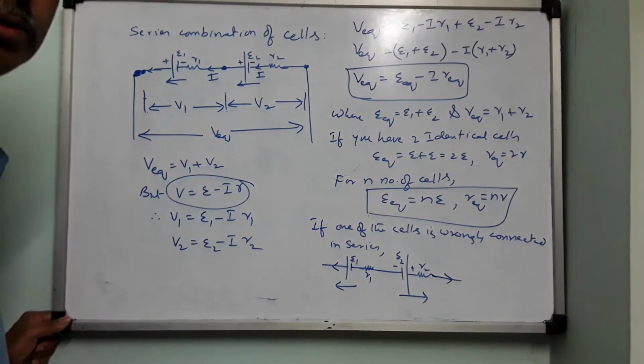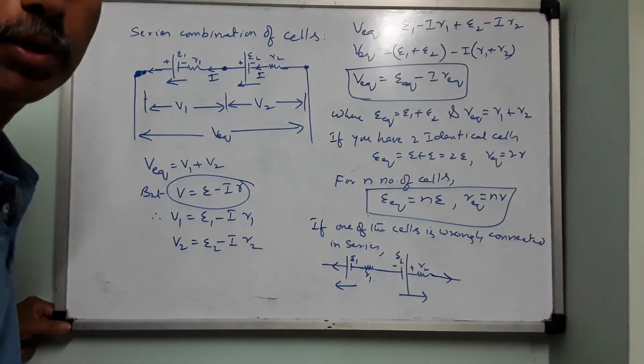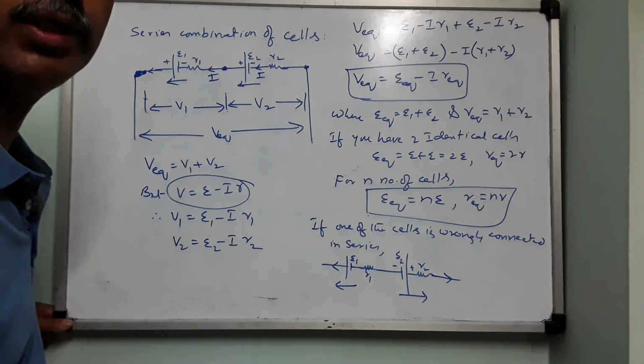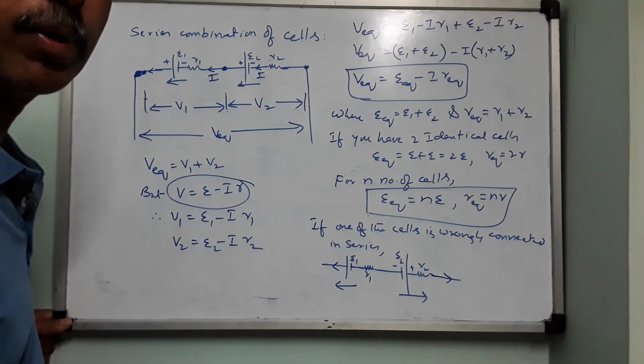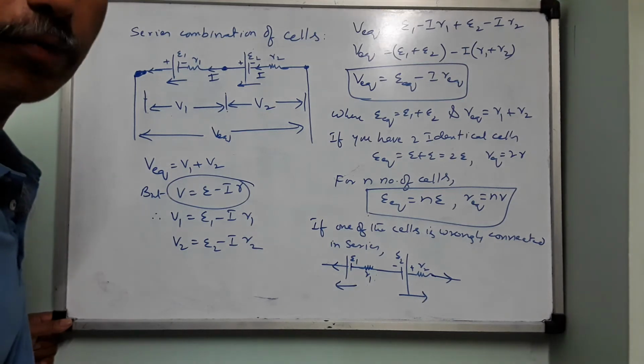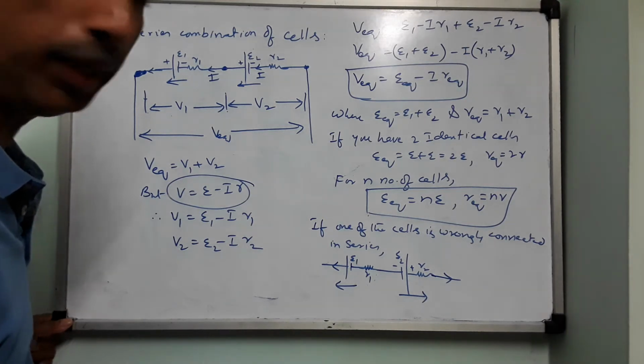0 volt. So therefore, when you are putting cells in a remote, see that they are connected in series. If you reverse one of the cells other than in series, the remote will not work because the net voltage, or equivalent potential difference coming out of the combination, is going to be 0.